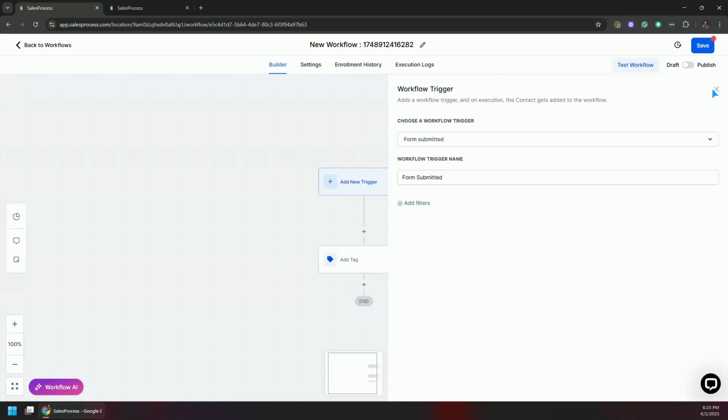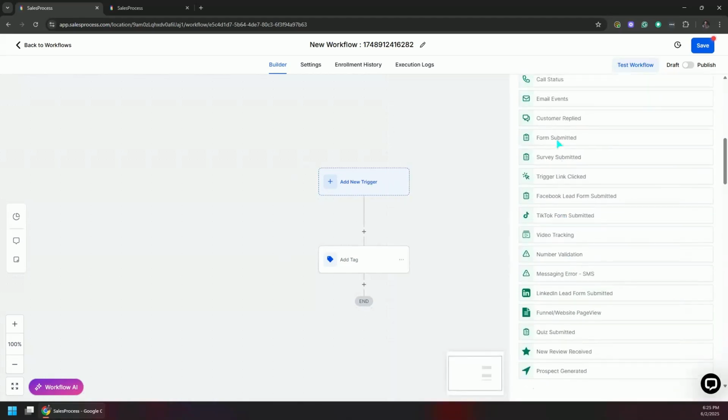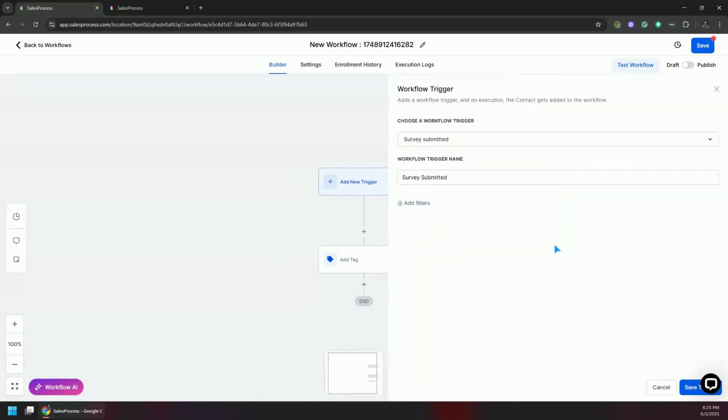Okay, let's go to the next one. Which one was it? Form submitted. Okay, form submitted and survey submitted. They are kind of similar. Actually, three of these triggers are very similar: survey submitted, form submitted, and quiz submitted. All three, they have filled out something, and then on the basis of that they have submitted it, then you want to start the automation. These three triggers kind of work the same,